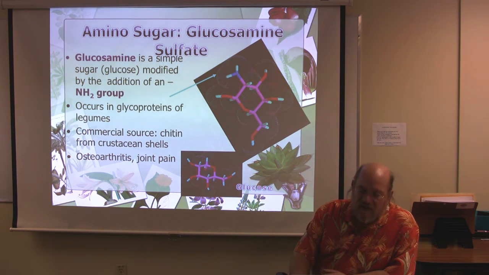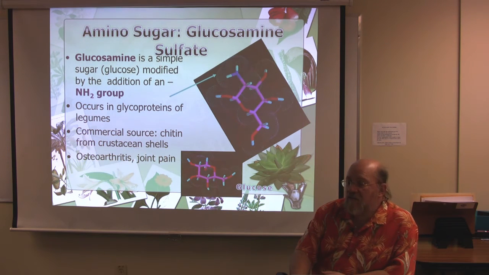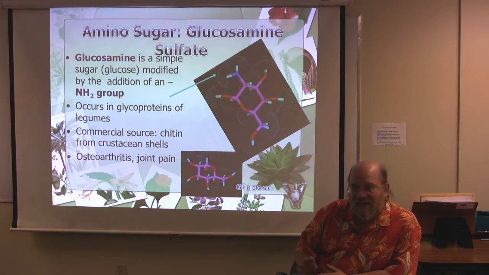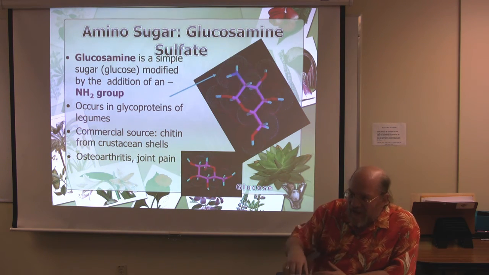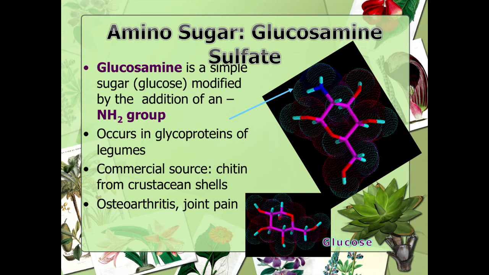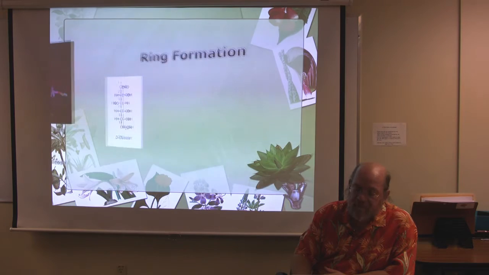I'm not suggesting glucosamine is not healthy. I use it in my practice quite a lot. It really works good for all kinds of different inflammation in joints. But I'm just saying, if I take a glucose and just throw something little on it, I can change its feature. Uronic acid will be the same kind of thing. Here I've just put a carboxylic acid on a glucose, and now I've got uronic acid, which we'll find in all kinds of gums and pectins and stuff like that. And we'll look at them further on down the line.